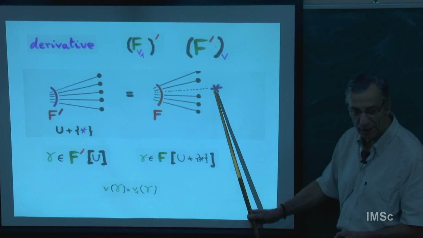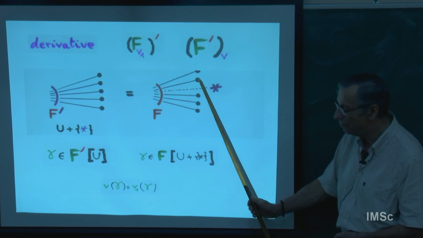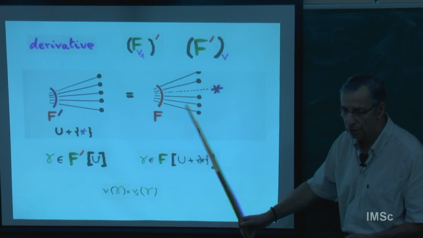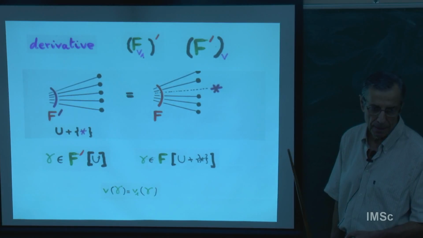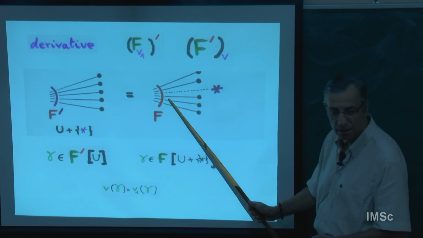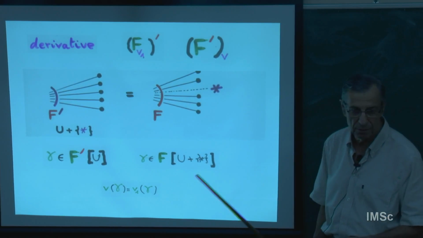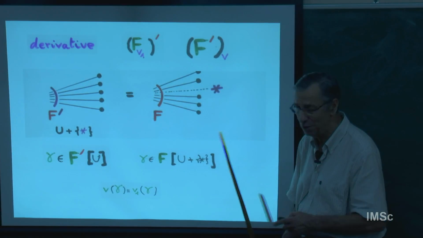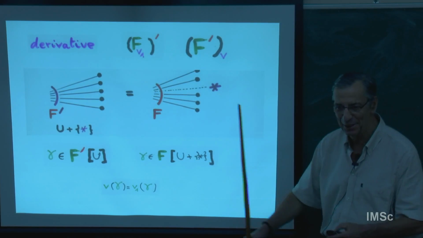It says you take the derivative of an F-structure: you put on the underlying set U an extra point, and you put an F-structure on U plus the extra point. And I can do this with the weight. If there is a weight on F, then I put a weight here just by preserving the weight of the object. So that's the derivative, the derivative according to t. t is a variable which counts the number of points. If there is an extra variable like x, y, z, don't.